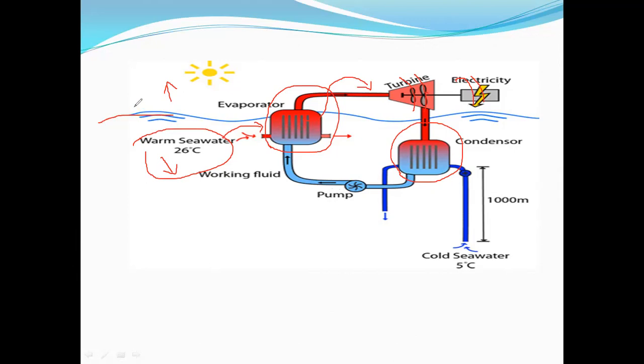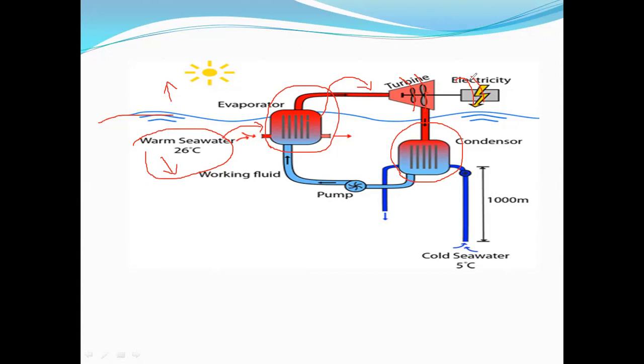I will say it again. The different sea levels: when we compare the upper level with the lower level, the top level contains the lower temperature and the bottom level contains the higher temperature. From the warm sea water, we are extracting the thermal energy. The thermal energy is extracted by the evaporator, converting the seawater into steam, and the steam acts with pressure on the turbine, and the turbine converts it into mechanical energy. Then the ocean thermal energy is converted into mechanical energy, and the mechanical energy is converted into electrical energy.